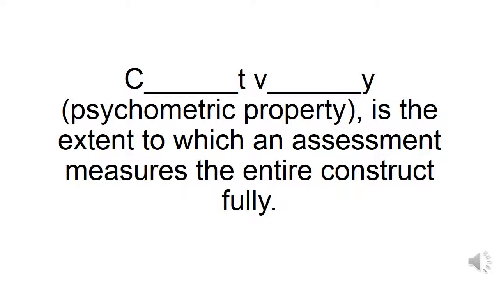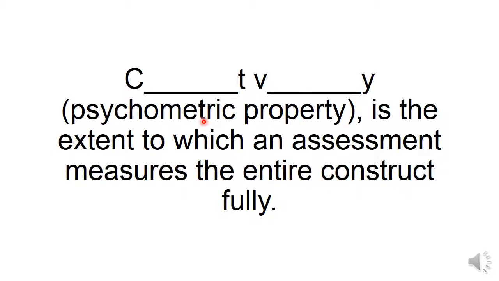C blank T, V blank Y, a psychometric property, is the extent to which an assessment measures the entire construct fully. And when I say construct, I mean whatever's being tested. When you see words like psychometric property, you're starting to get into research. And so a psychometric property would be something measurable,